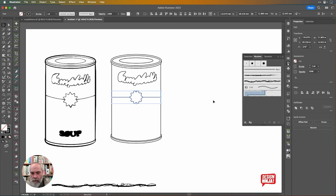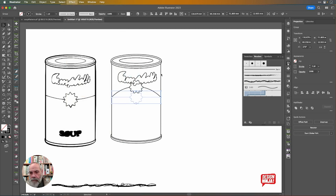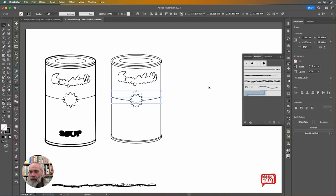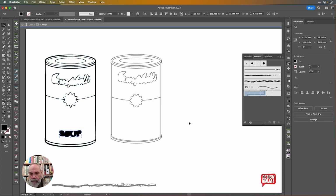Oh, they're not grouped. So if I just group those, and Effect, Warp, and Arch, and then just change the bend so it went down until, once it was close, I was clicking inside the numeric field there, and then just either going down to increase the bend that way or up to decrease it until it looked like it kind of belonged in the place, which I think for the purposes of now does look exactly like that. This thing here, I'm just going to copy that and drop that down like so, and once more